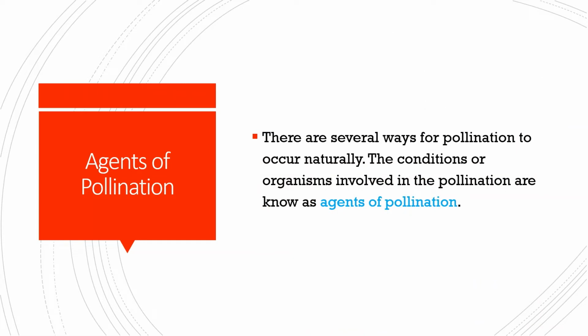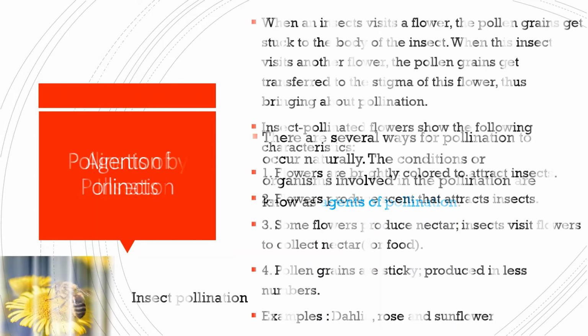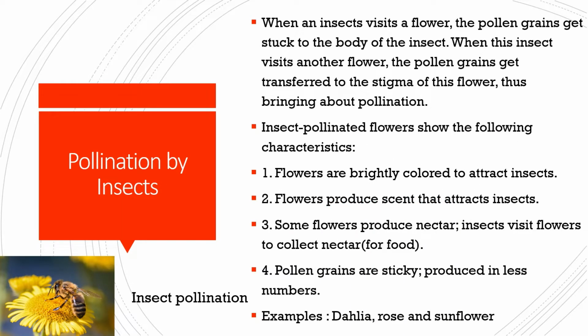Agents of pollination. There are several ways for pollination to occur naturally. The conditions or organisms involved in the pollination are known as agents of pollination. Pollination by insects. When an insect visits a flower, the pollen grains get stuck to the body of the insect. When these insects visit another flower, the pollen grains get transferred to the stigma of these flowers, thus bringing about pollination. Insect pollinated flowers show the following